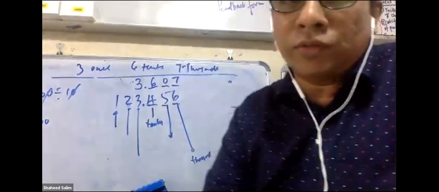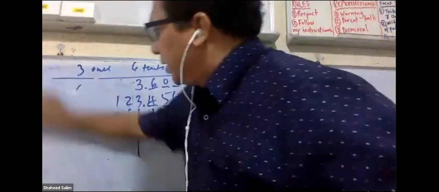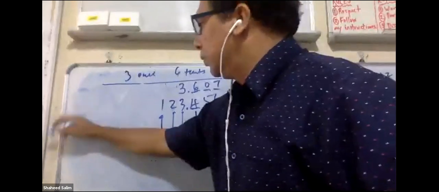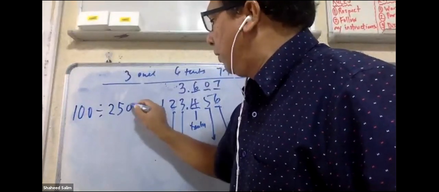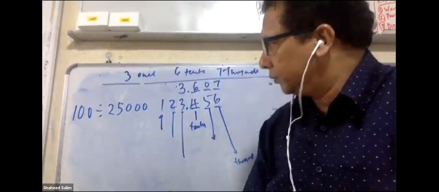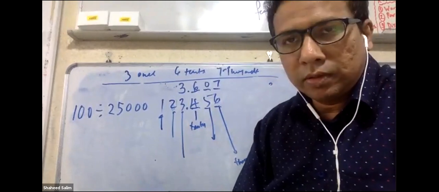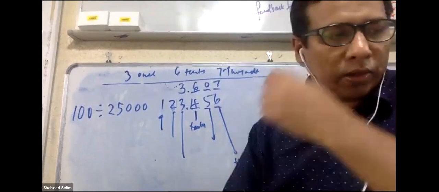I'm going to give you another question for question 1 and 2. We do question number 2 first. Another practice for question number 2. Look at the board. Please try this. Here we go. 100 divided by 25,000. What is it in decimal? What is it in decimal? For your info, I just give you a clue. Never mind, you do.